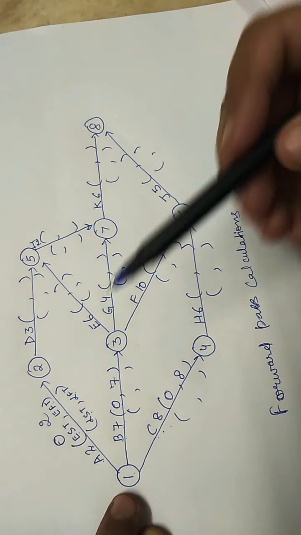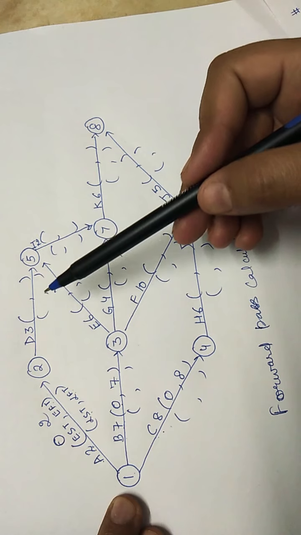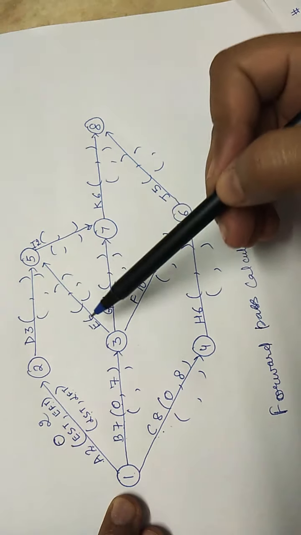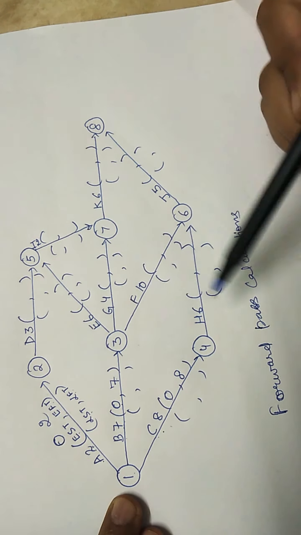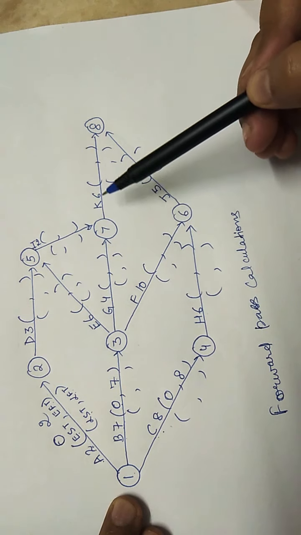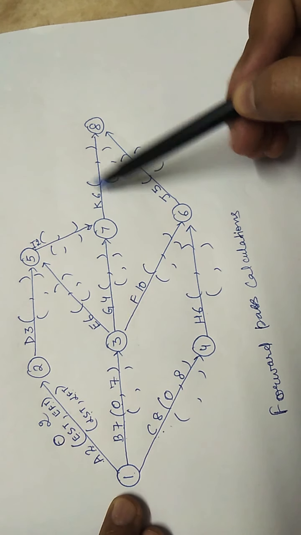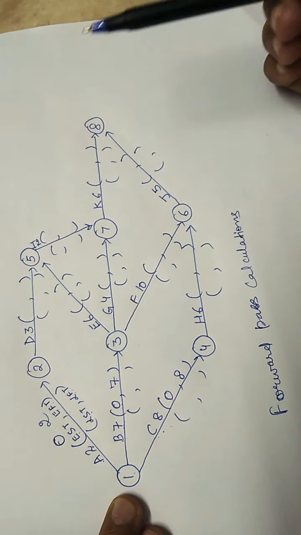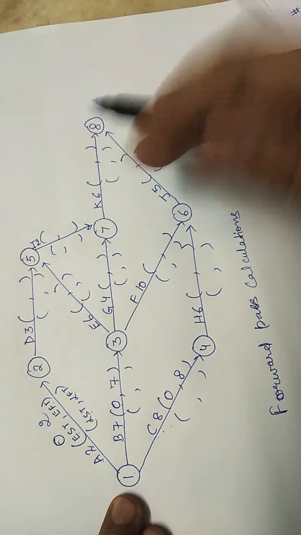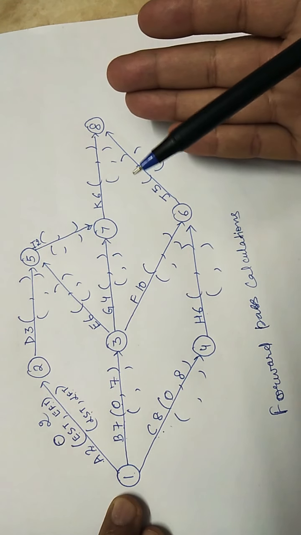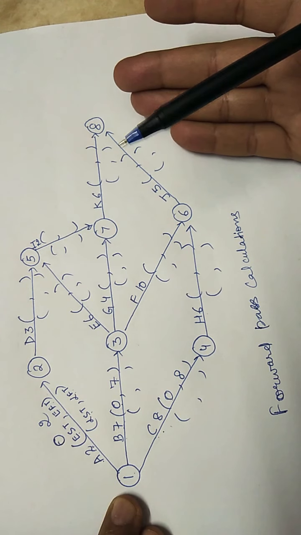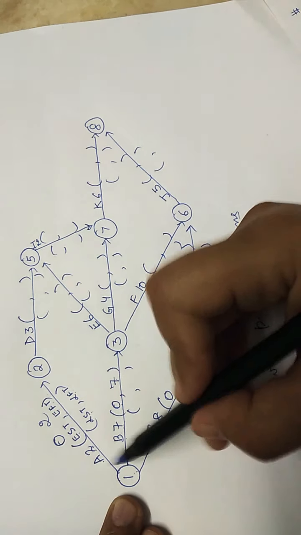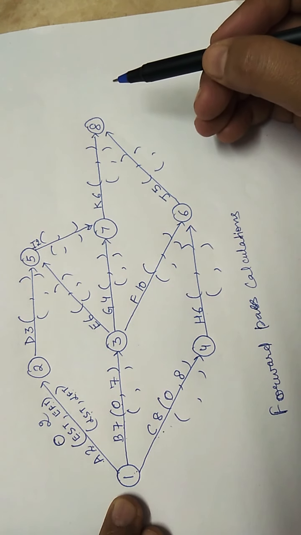Next, we will calculate the earliest start and finish time for activity D, or you can calculate for E, G, F and H. But we cannot calculate the earliest start time for activity K or I. Why? Because the preceding values are not calculated yet. So we cannot straight away jump to any activity. There has to be a logical way of calculating these values, because we will be moving from left to right. So directly we cannot jump to any random activity.